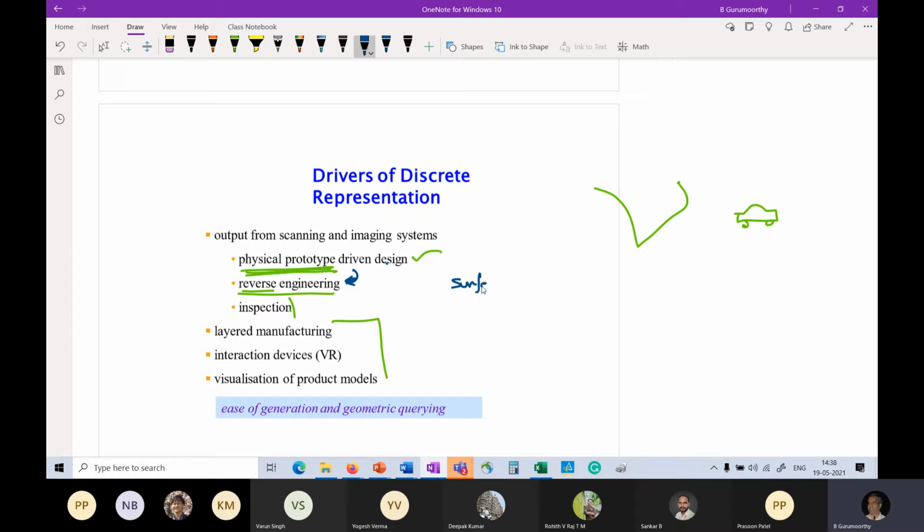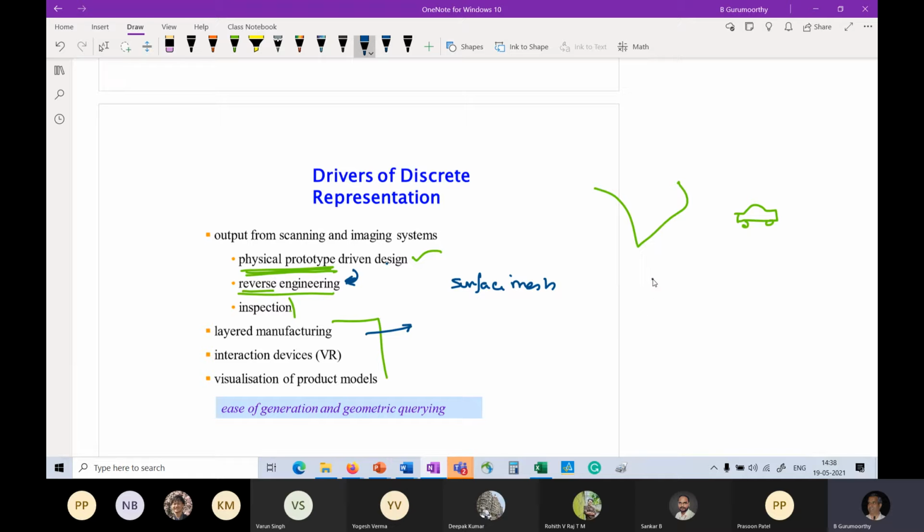The first and foremost of them is this whole domain of creating physical parts called layered manufacturing. Some of you may already know what this is, and some of you will probably go on to study this. But let me just give a quick 2-minute definition or illustration of this process.